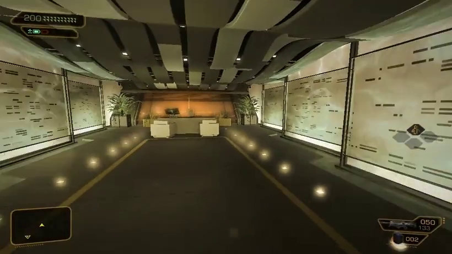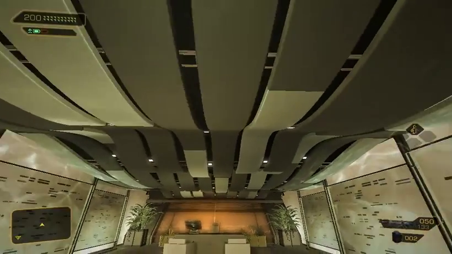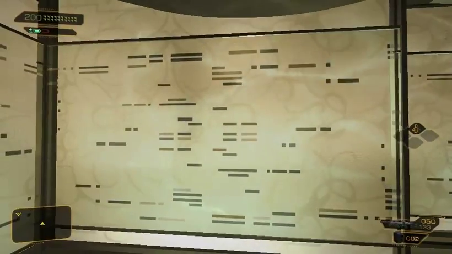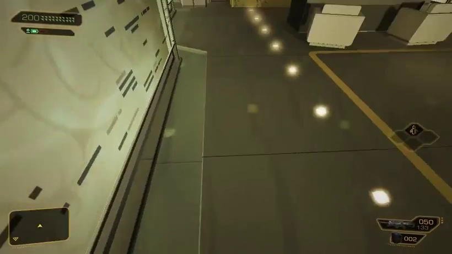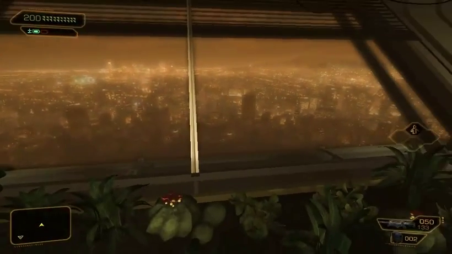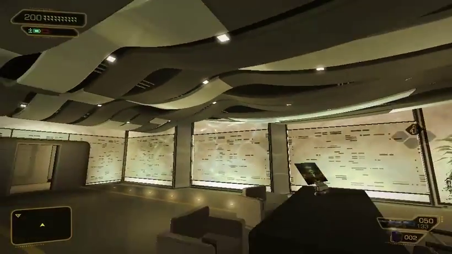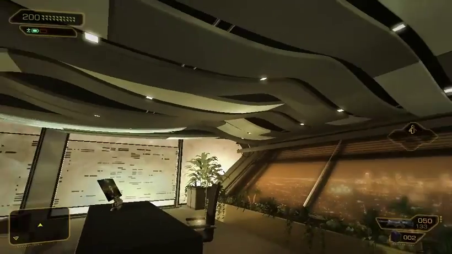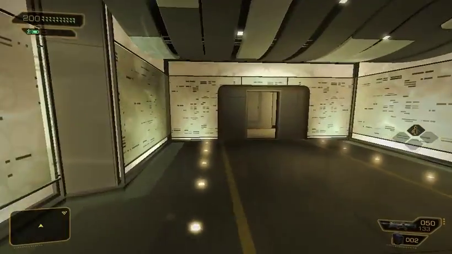There's this room here, which is significant to the story. Kind of. We've got wavy ceilings. We've got things on the wall. We have water at the edge, interestingly. And then we have windows looking out onto the city. Pretty cool. We have plants. Not too much to say. I don't know what the watery theme is about, although water